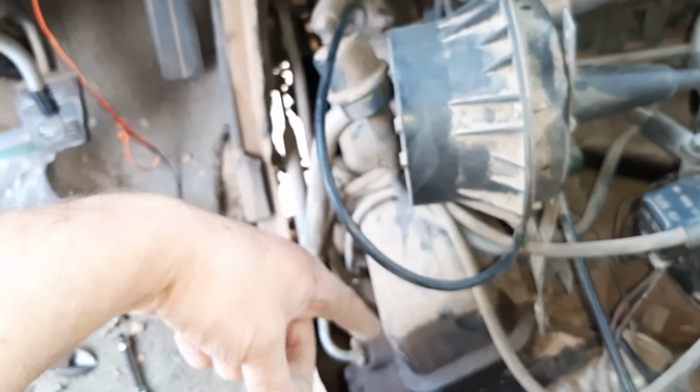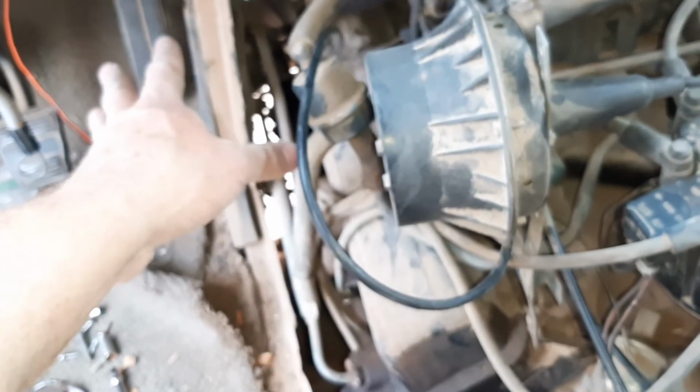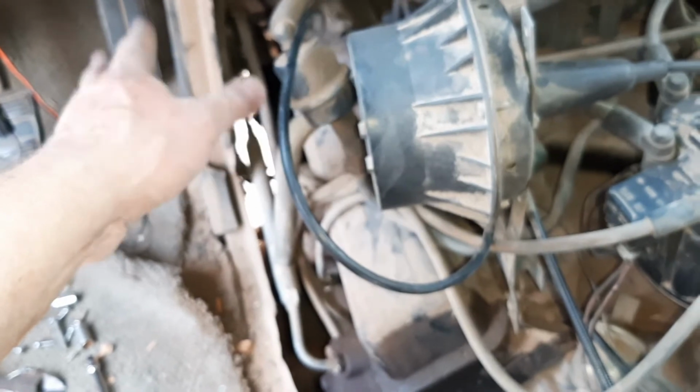This engine fired right up, and it sounded fantastic. No valve train noise, no bottom end noise, no main bearing, wrist pin, lifter, no nothing at all, noise-wise. So I just connected the fuel line from the fuel pump, the inlet line, stuck it into a fuel tank, which I have in here,